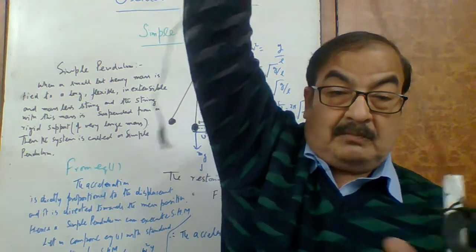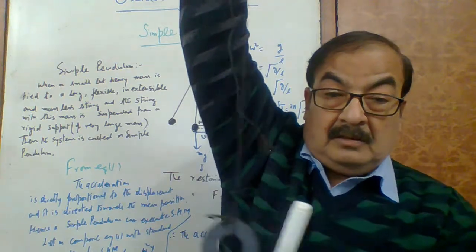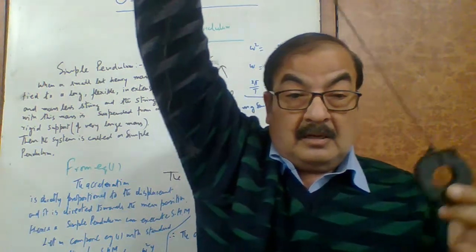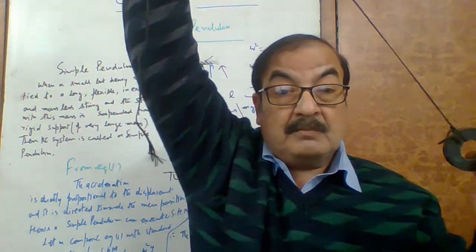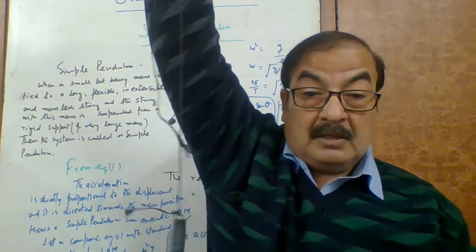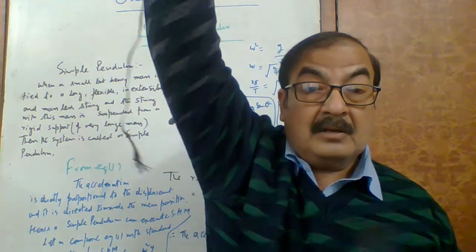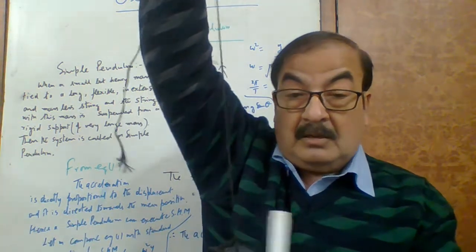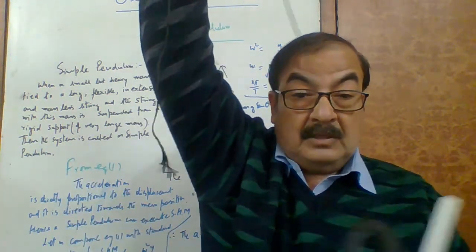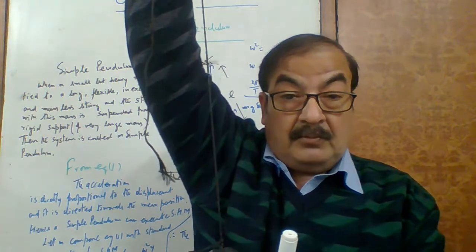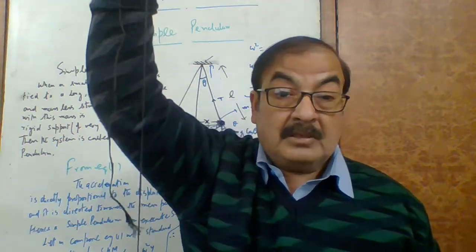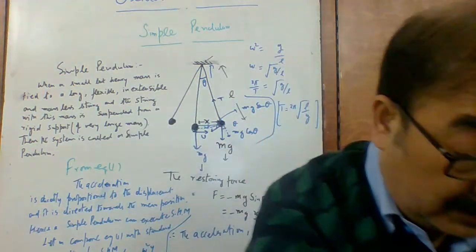This position is position 1. When it moves to this side, this is position 2. Come back, position 3. Again displacement on the other side, position 4. Again return back to the initial position, position 5. All the 5 make one complete oscillation. And always remember, the time taken from this to this is T by 4, again T by 4, again T by 4, and again T by 4. All T by 4, 4 T by 4 means T. That is the time period or periodic time. In that way, we have also seen what is periodic time.